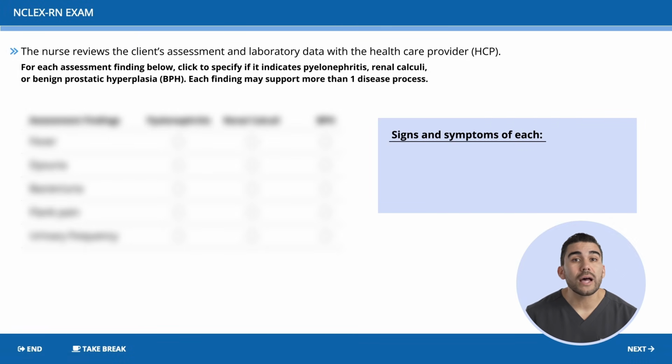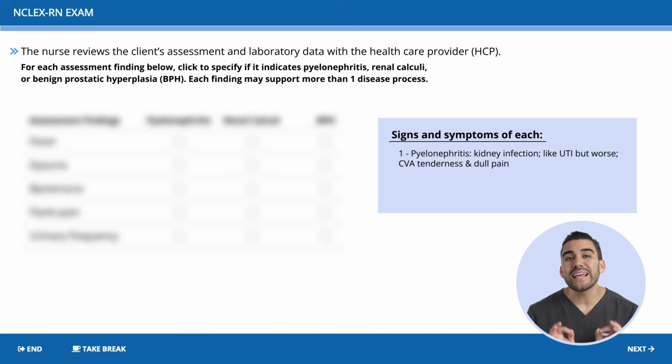Before looking at the options, think about the signs and symptoms of each. Well, in pyelonephritis, that kidney infection, it's like a UTI, but only worse. So we do see CVA tenderness, or basically flank pain, that is dull pain. Now, in terms of renal calculi, this is simply fancy words for kidney stones, and we see sharp stabbing pain